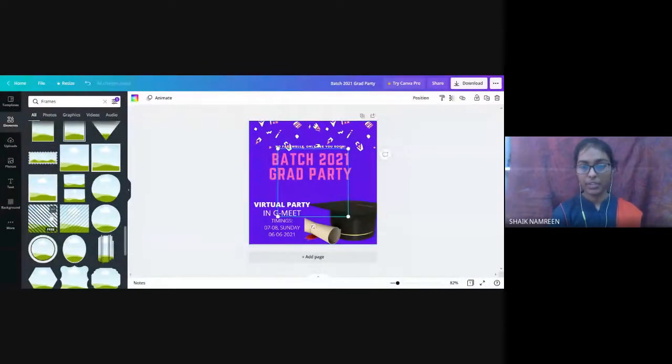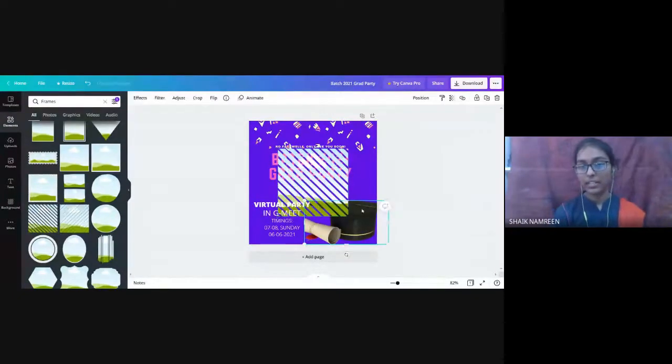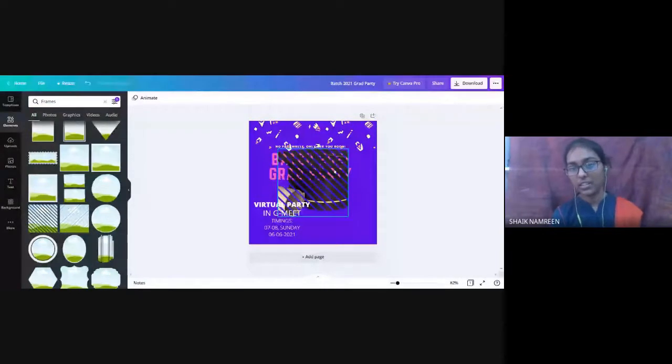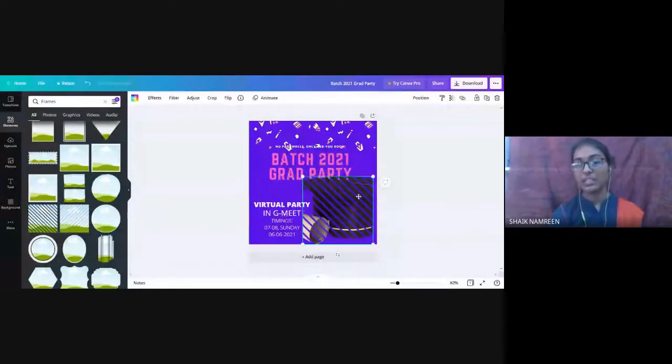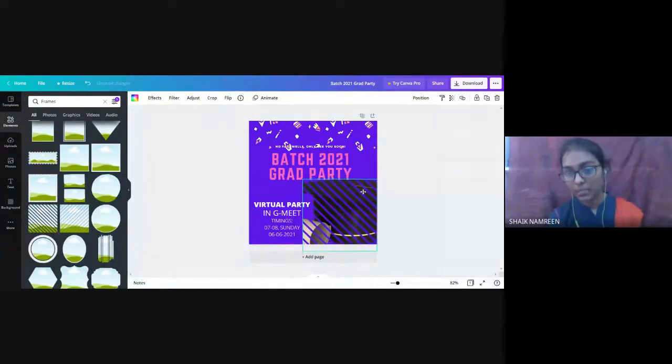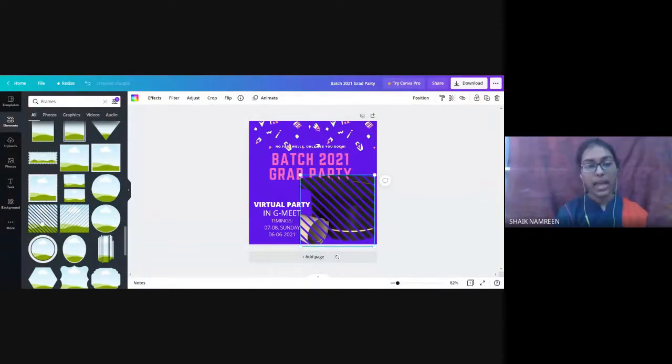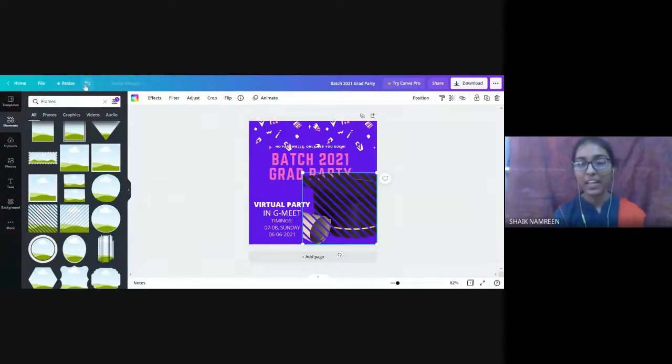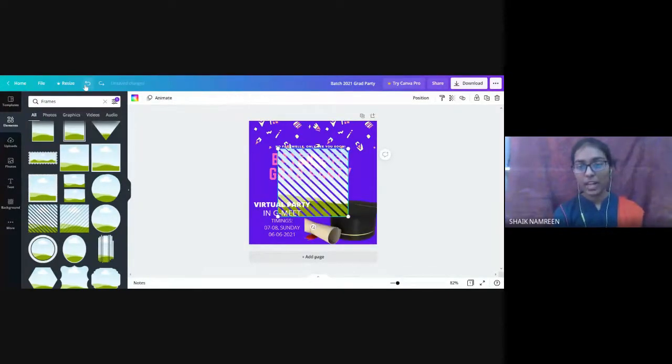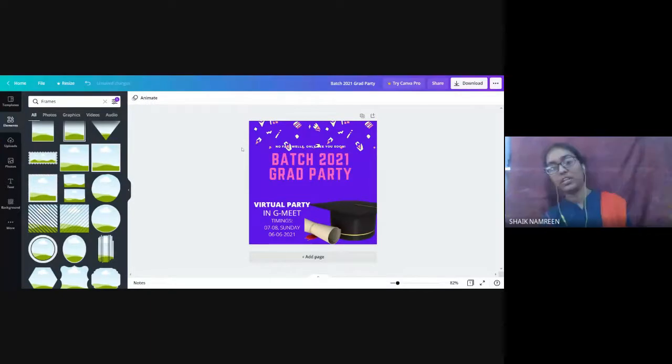We'll take this frame, okay, and we'll take this picture. We'll try to keep it like this. Yeah, as you can see, this looks like this. It means you can add this photo into this frame, and how the frame looks, the photo will appear. This is something I mean by magical, right? So we can apply these two. I guess you understood how to create an invitation. So we'll move on to the next topic.